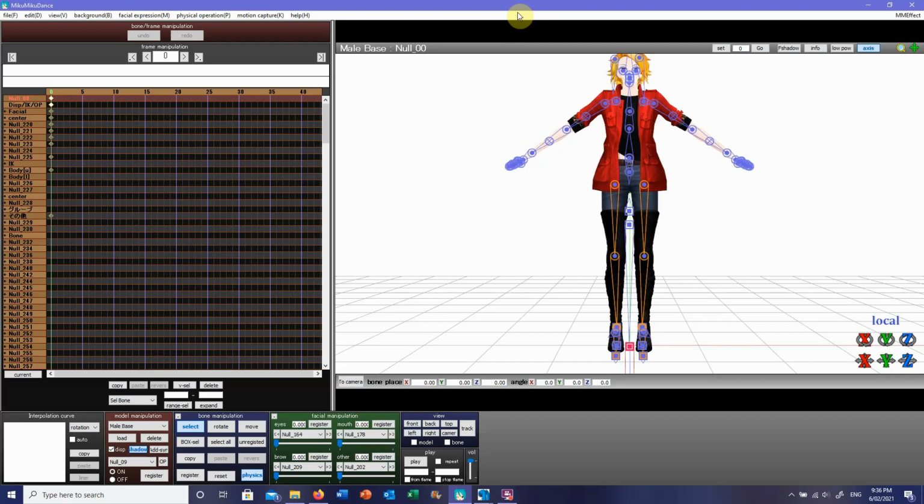Hello, I am Neodomi and I am here with a quick tutorial on how to fix null bones and materials in MMD. So we've probably all been in a situation where you've opened up a model to try and make